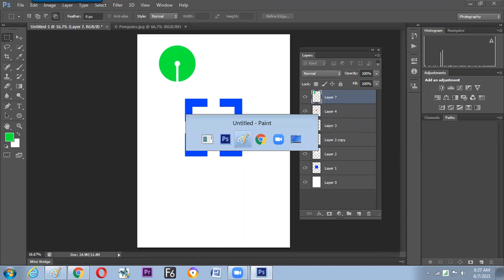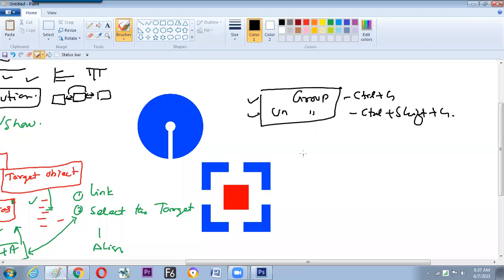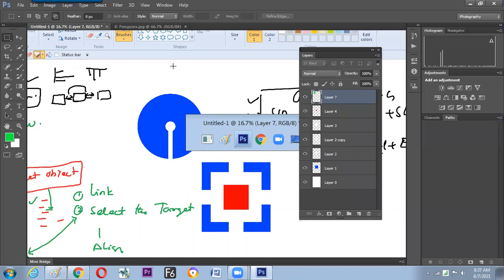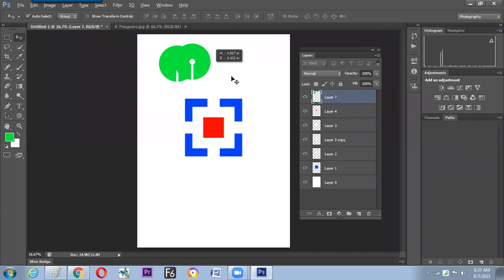So before merging, we need to think twice, because once we merge it, we cannot get the layers back. But in a group, we find the layers. So merging is a concept, Control plus E. It converts all the layers into a single layer, so that making the next duplicate will be easy. Only a single layer to duplicate. Fine, then hope we have understood now how to handle the layers and arrange them, alignment and all.